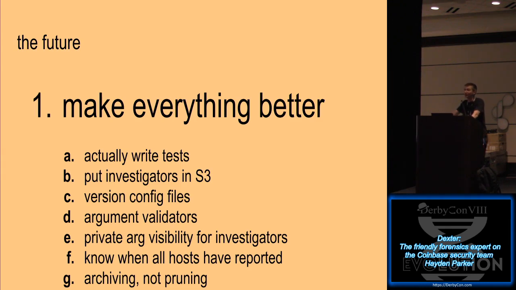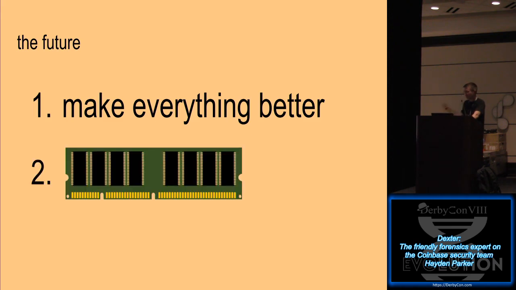Lastly, archiving, not pruning. Pruning is the mechanism by which you can just delete the old investigations and reports, but I think for auditability and legal compliance, it would be good to have an archiving bucket. So you can clean up the CLI output when you're looking at stuff, but cleaning that up doesn't involve destroying the information. Maybe these files should be moved to another bucket that stores a history of everything Dexter's ever done in the organization forever, but keeps the command line clear. So that's something that I want to set up, but haven't had time for yet.